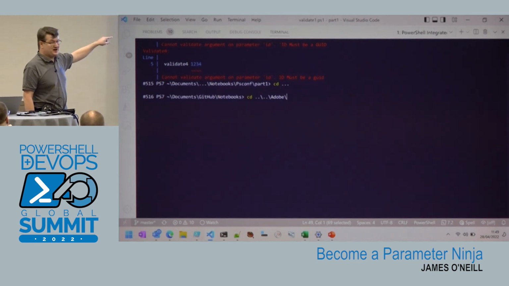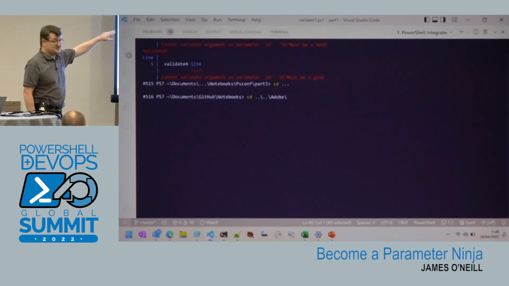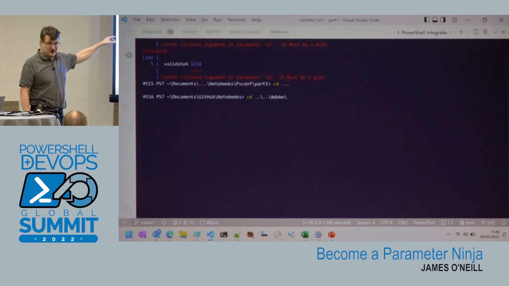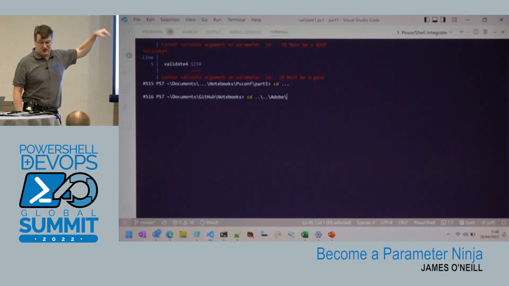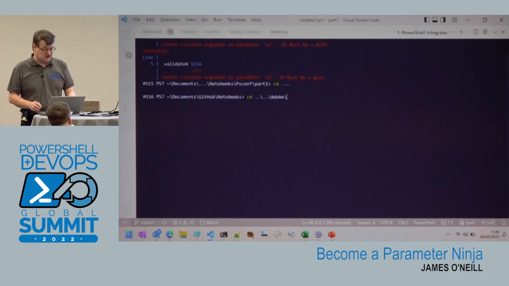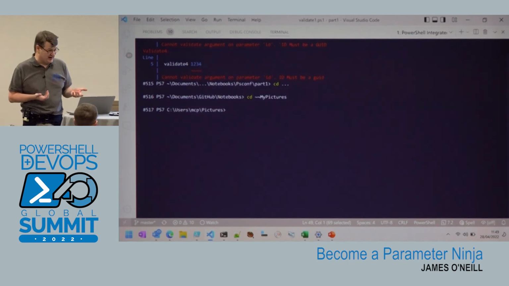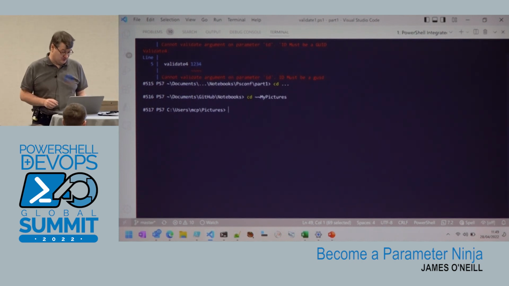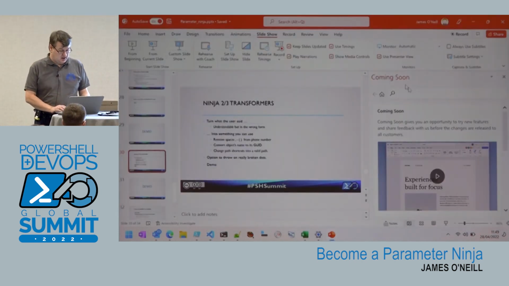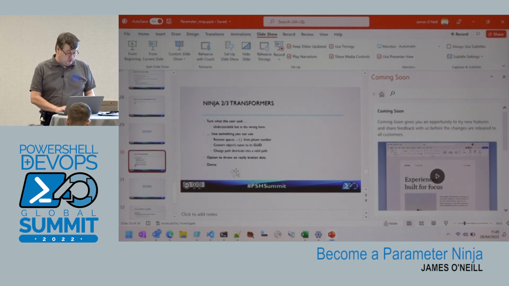What the transformer has done is the same thing as the tab expansion would do and converted 3 dots into ../.. And I've got all sorts of clever things in there. I can go something like CD tilde my pictures, or pick and select my pictures. And if I put that in, that's obviously not a valid path, but the transformer will make it a valid path. That's what a transformer does, even if the demo one didn't work.